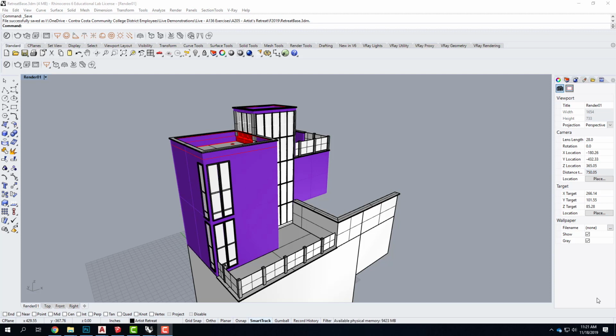You should have added the detail and that sort of thing, because next class, the way the semester works out, we're skipping exercise 224 and we will do exercise 225 next class. We're going to start cutting a section through the building. And when you do that, you want the interior of the building to basically be done, because we're going to be cutting through it. After that, for exercise 226, 227, 228, I think, we're going to actually do line